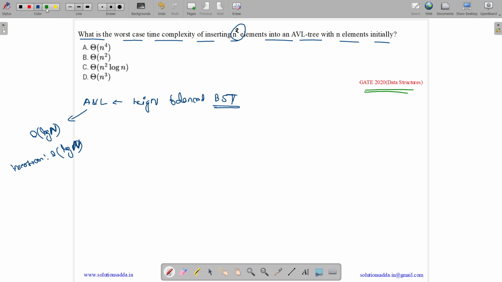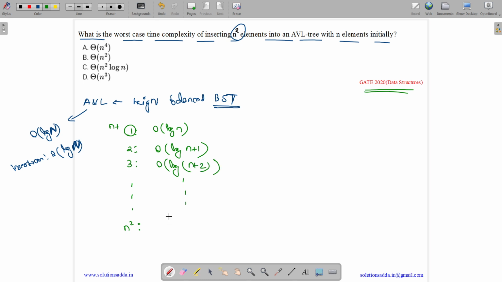So first we will have our first insertion. We have n square elements we need to insert. So first element insertion, second element, third element, then we will have n square element insertion. So for the first element insertion, the current tree has n elements, so it will take order of log n. Now we have inserted, so we have n plus 1 items in our tree. So complexity is order of log of the number of items, which is n plus 1. Now for the third item it will be order of log of n plus 2.